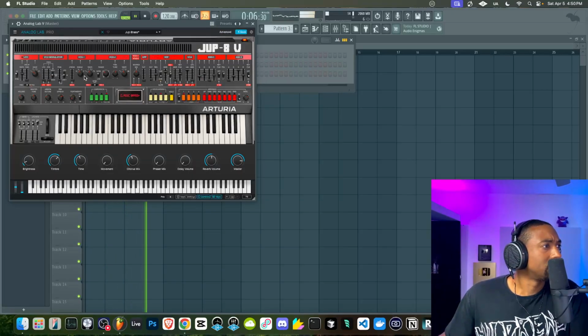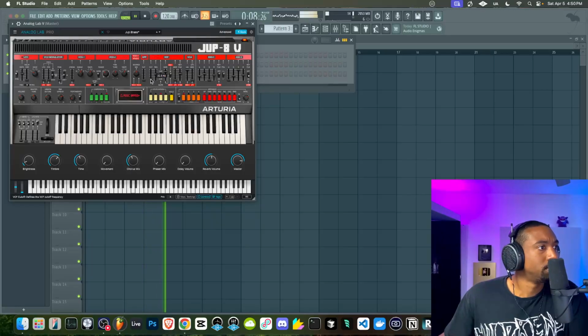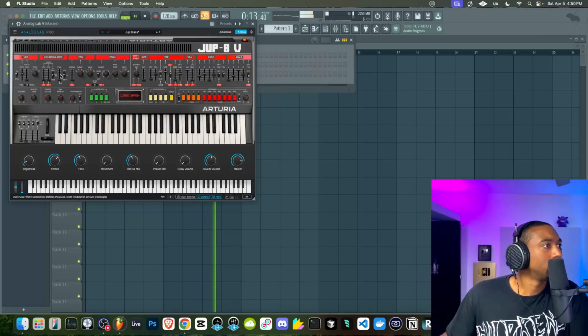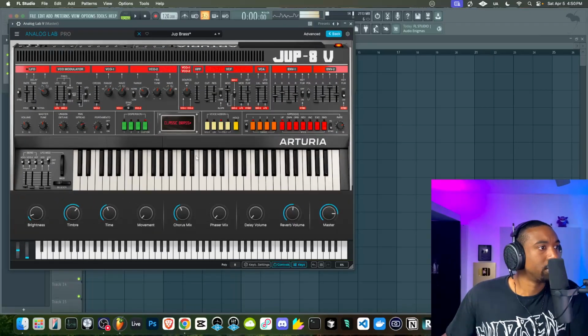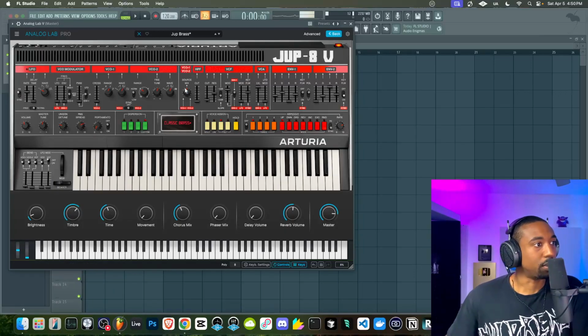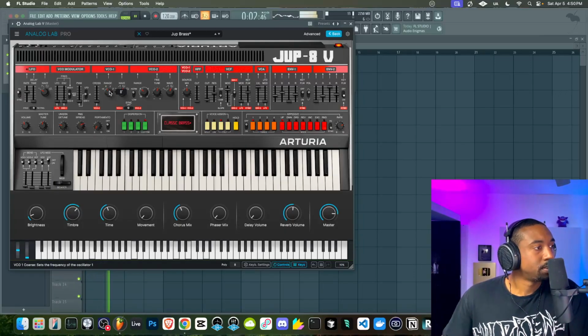Let's make this more unique. Let's change some of the octaves here. Make it a little more melodic. Let's change the waveform to a pulse wave just to see what it sounds like. And we can set the envelope parameters here. So if you want to get geeky with tweaking the sound, you guys could do it here is my point. So this is more of a Drake sound with a hollow pulse wave approach.